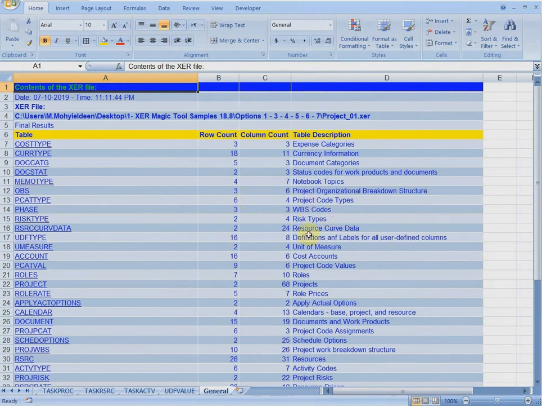All you need is to know how to choose the appropriate table to update the project. You will find a summary table in the general sheet that explains the usage of each table, or a small description about each table of this file. For example,